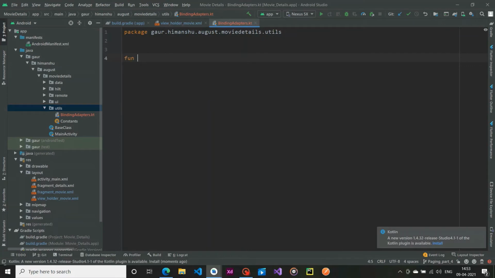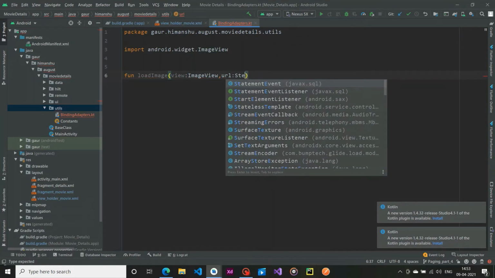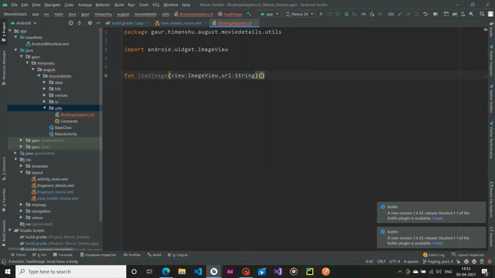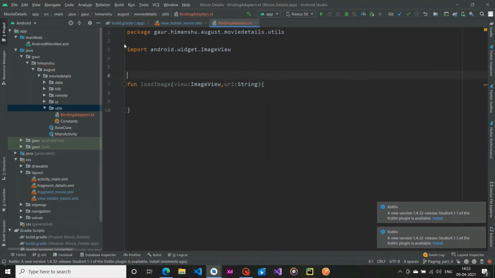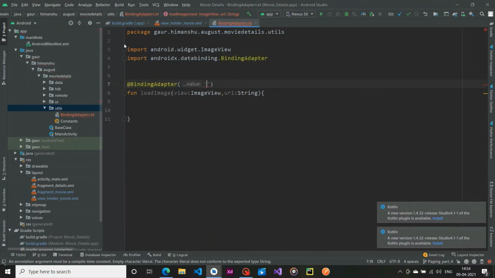So fun loadImage, this is our function name, and it will accept a view which is of type ImageView, and the second one is our url, which is also of type String. Alright, in order to tell our data binding to use this binding adapter, we have to annotate it with BindingAdapter, and here we have to pass the property name, so load, in my case I use load.